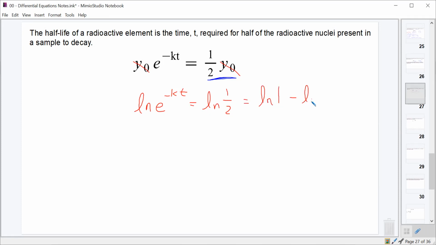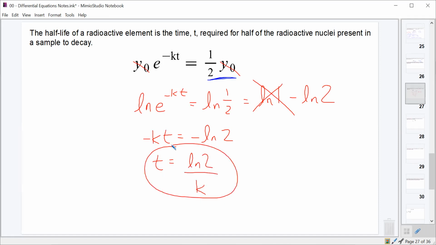Normally, we'll rewrite that as natural log 1 minus natural log 2, and the natural log of 1 is 0, so that's just negative ln 2. So we end up with negative kt equals negative ln 2, or our half-life is equal to natural log of 2 over that constant k. And this will be a good little formula that'll be helpful for you to remember,